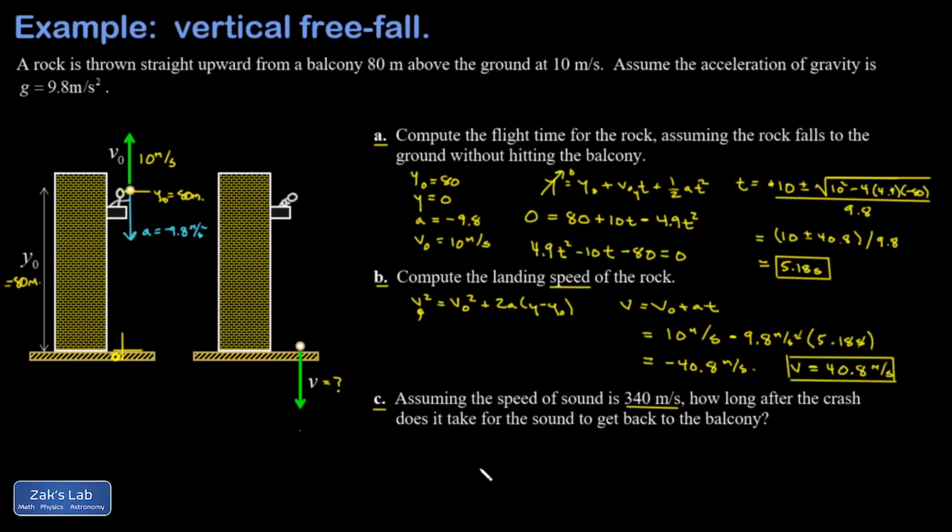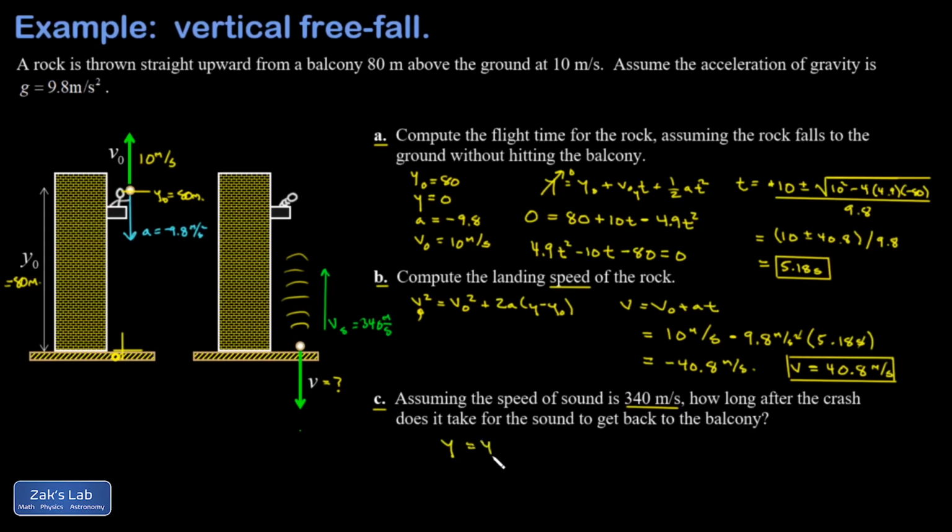Now in part C, the physics all changes. The rock has hit the ground. It's going to make sound waves, which travel back up to the person who originally threw it, and those sound waves are moving with a constant speed that I'll call Vs equals 340 meters per second. So the problem no longer involves any acceleration. It's just a constant speed problem. And this goes all the way back to distance equals rate times time. If you wanted to be formal about it,